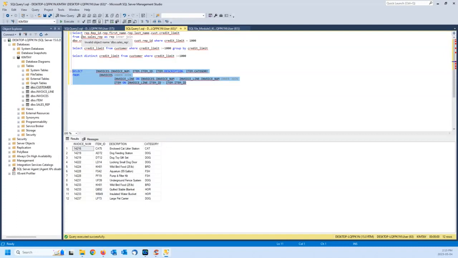Invoice number, item ID, description, category. 5 would be you. I will type this out. It is easy life these days, so if you don't want to type this out, that's okay. Tool has made it